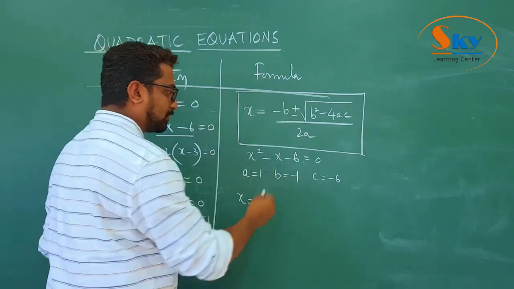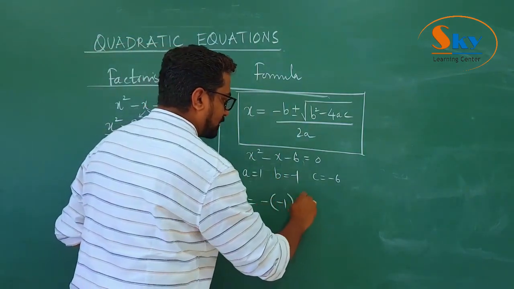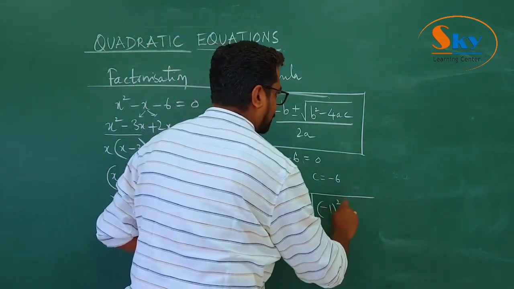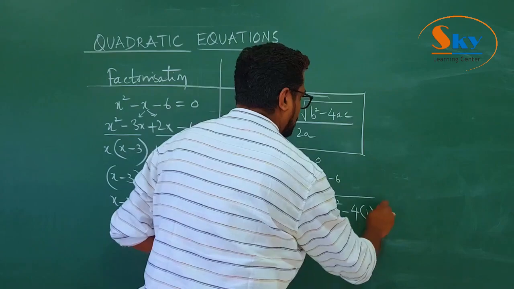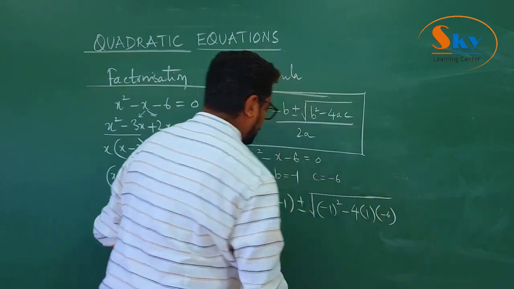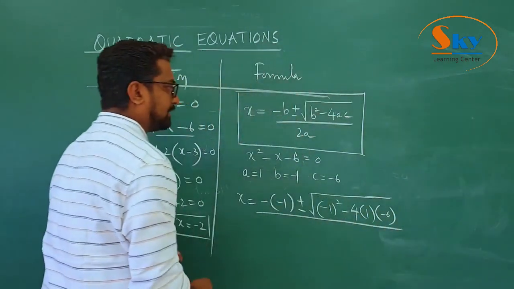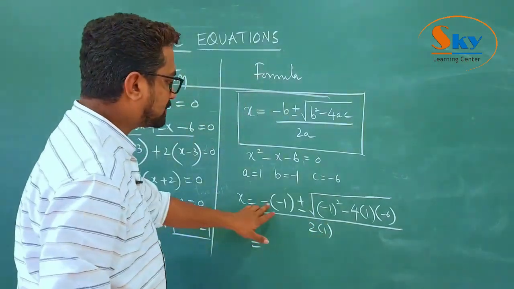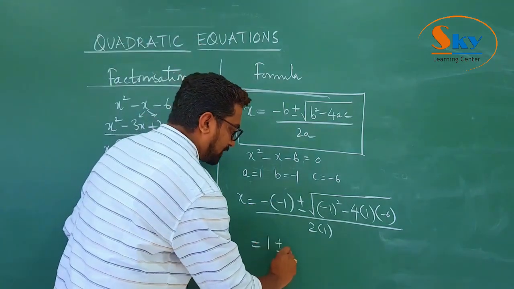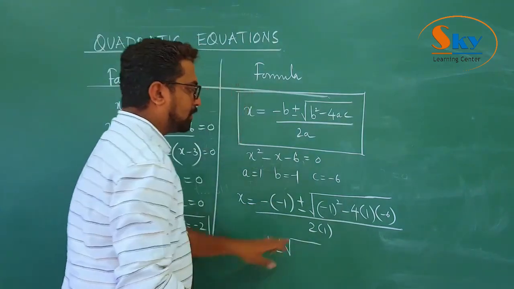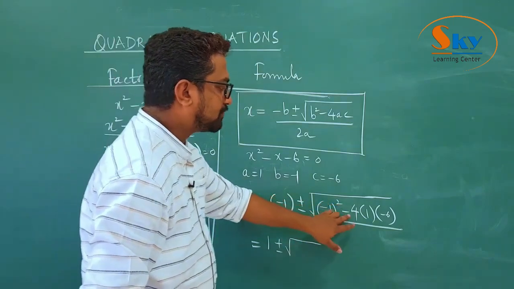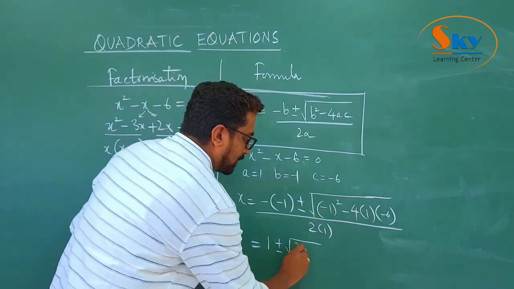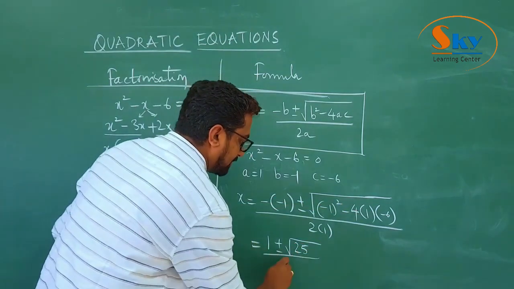and I will get the value of x by substituting in this formula. So x is equal to minus b, so I'll get minus of minus 1, plus or minus root of b square, which is minus 1 the whole square, minus 4 into a, which is 1, c is minus 6, and everything I'll divide by 2a, 2 into 1. So if you simplify this, I'm going to get minus of minus 1 is plus 1, plus or minus root of, okay, minus 1 the whole square is 1, minus 4 into minus 6 is plus 24, 24 plus 1 is 25,